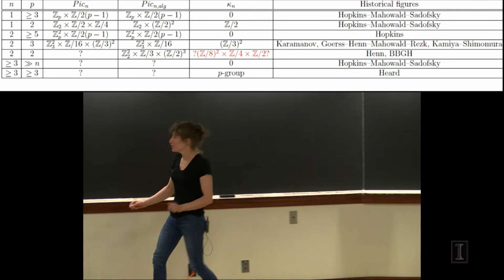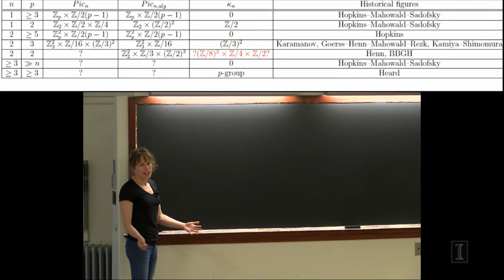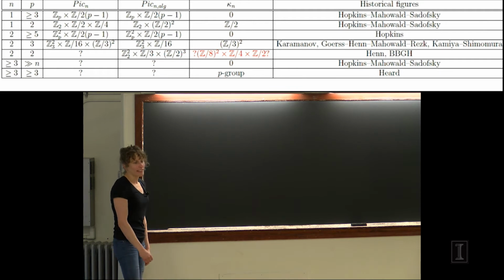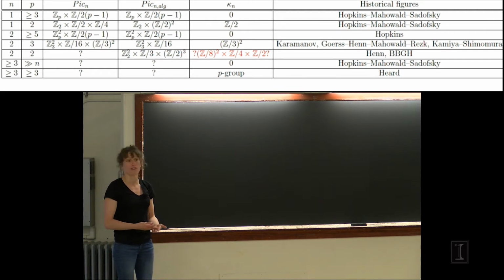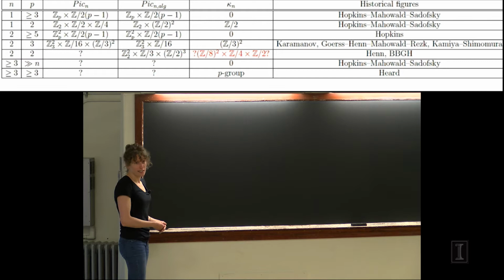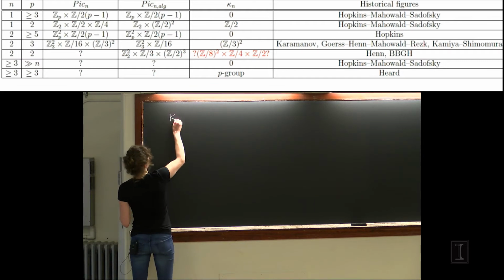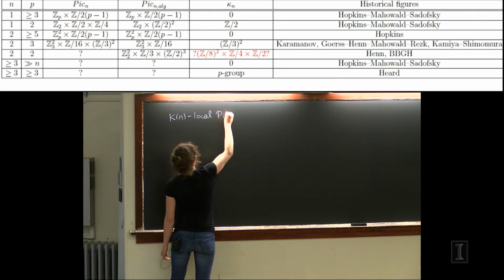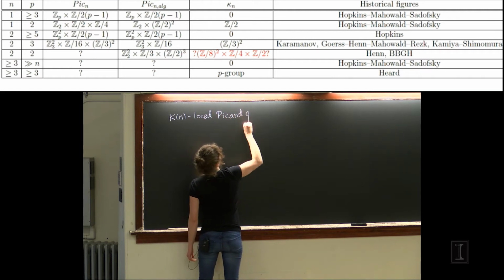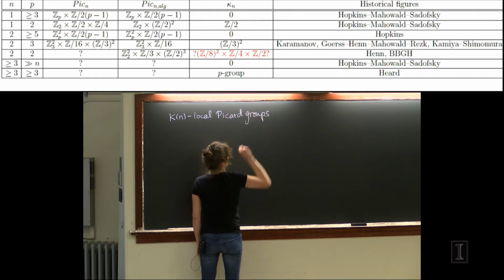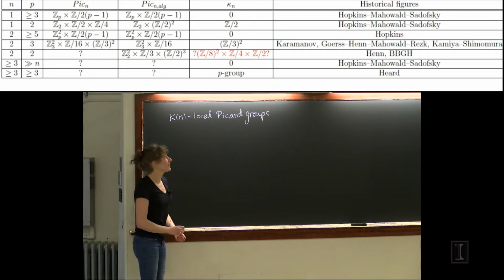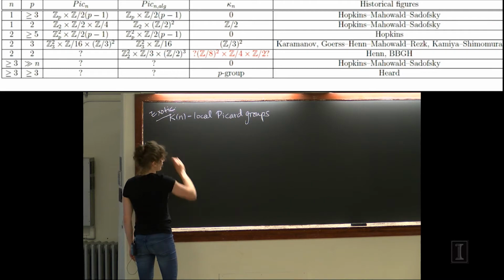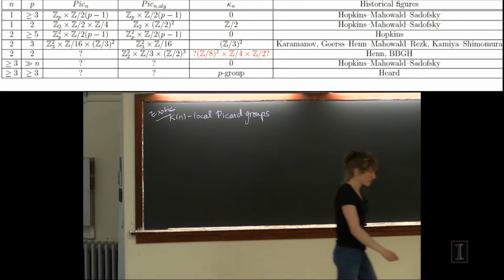Well, I'm not changing it too much, but my title was Can Local Picard Groups and Gross-Hopkins Duality. Then I looked and realized I had 45 minutes, so I decided to shrink the title. I'm going to talk about Can Local Picard Groups, but I'm going to take out the Gross-Hopkins duality part, and I'm going to stick the word exotic in front. OK? So at the end of the talk, you'll understand why that shrinks the topic.